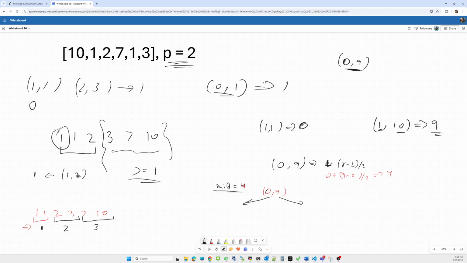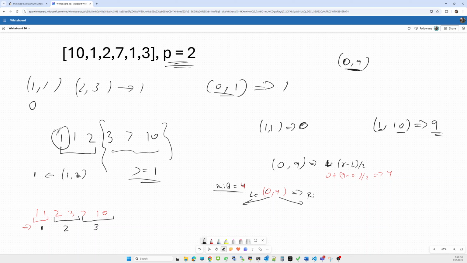If I go to the right, it is possible that all the pairs will have the same count or a greater count. So I have to look on the left side.